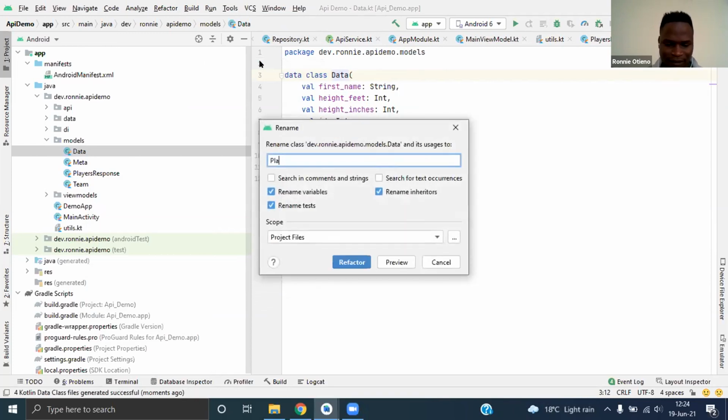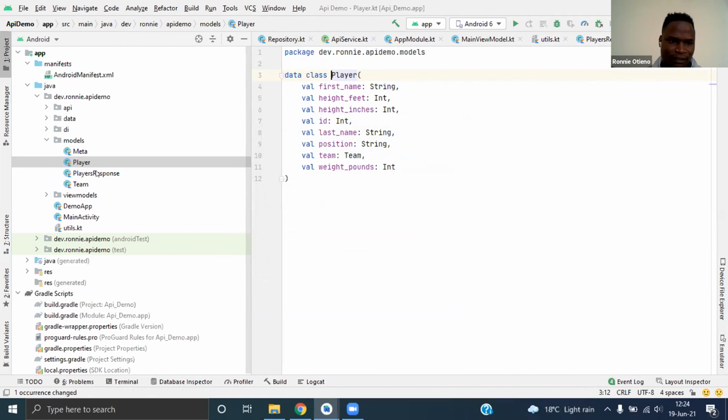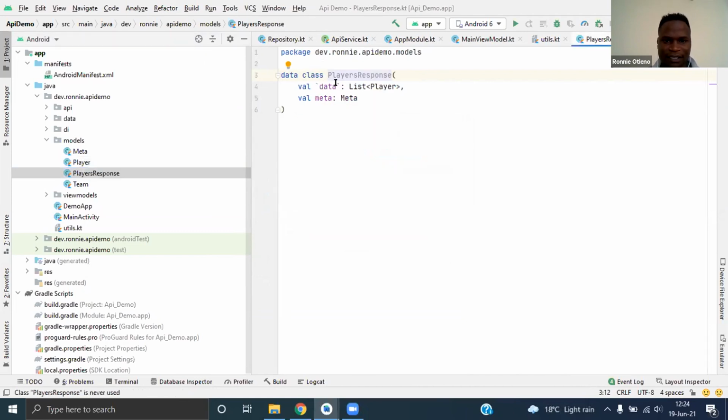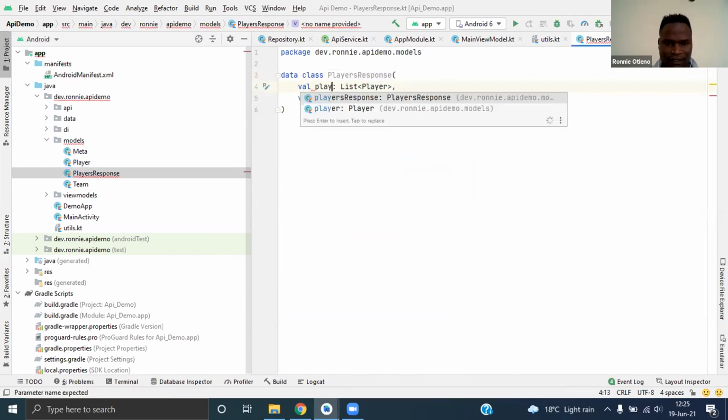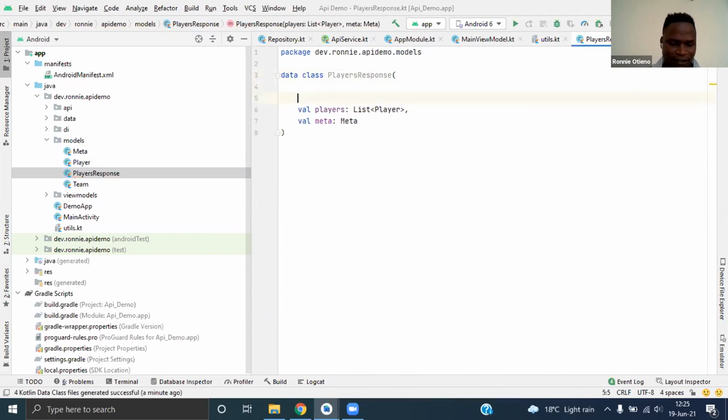The name is Player. And here too, we can rename it as Player. Let me call it players because it's a list, and just put SerializedName.